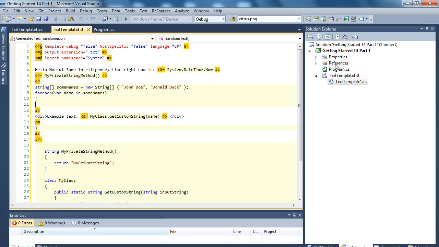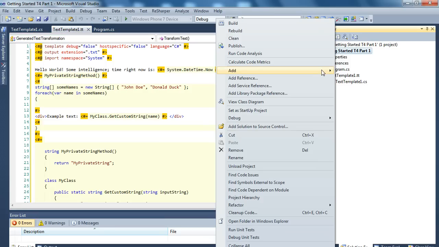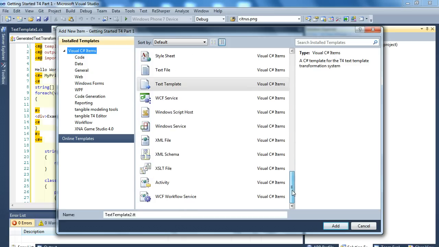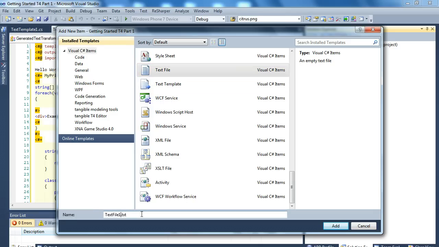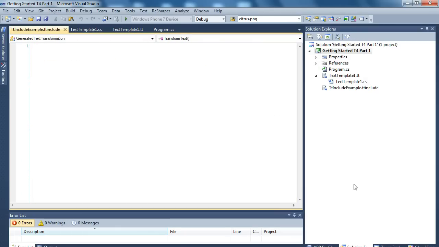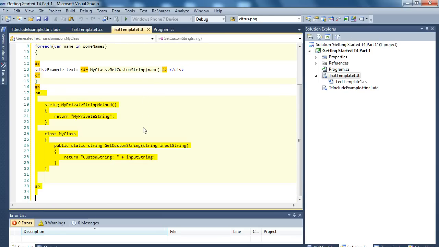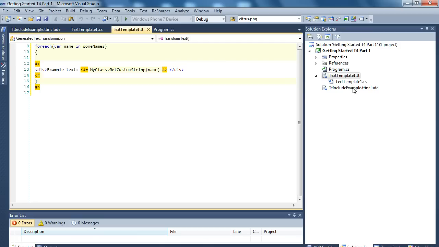I'll briefly introduce the include files that we can use to achieve this as well. I'll add a new item, and by default the text templates do not recognize include files, so I actually use a normal text file. I name it tt include example, and the extension should be ttinclude. Then I'll simply cut and paste my class block entirely from this file to here